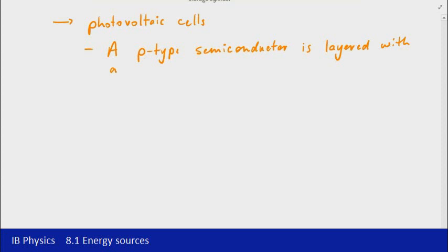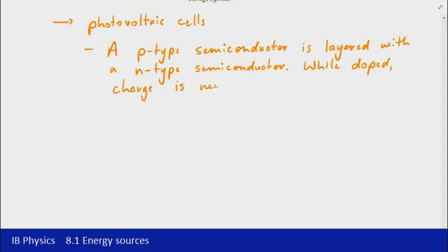So in a photovoltaic cell, we've got two types of semiconductors, a p-type and an n-type. Now, those types are basically the same substrate, so usually they'd be, say, a silicon semiconductor, but one would be doped so that it has extra holes, the other is doped so that it has extra electrons. So the p-type has extra holes that can carry charge, the n-type has extra electrons. The charge in them both, though, is actually still neutral. What they're doped with is still a neutral atom, and so each of those is still neutral in each